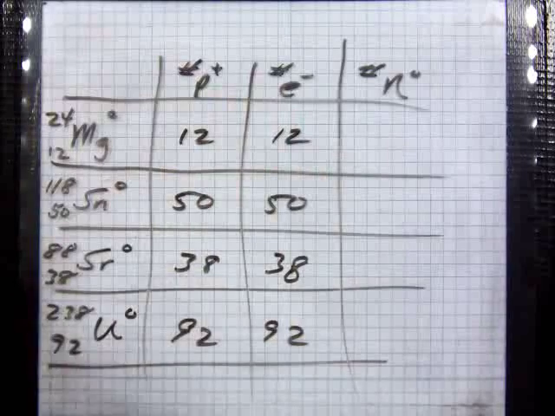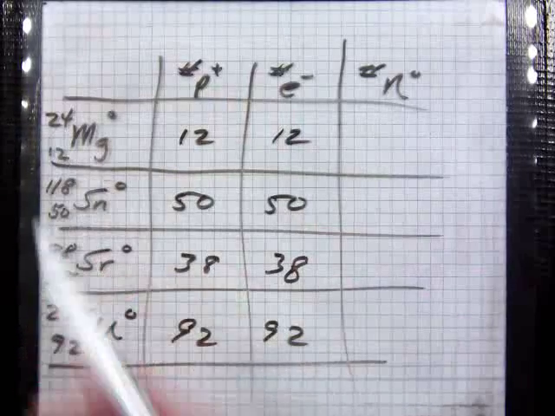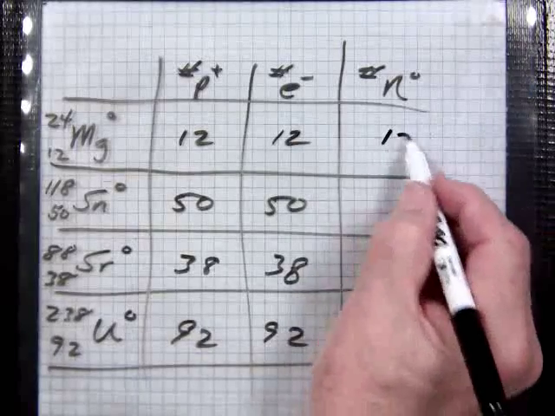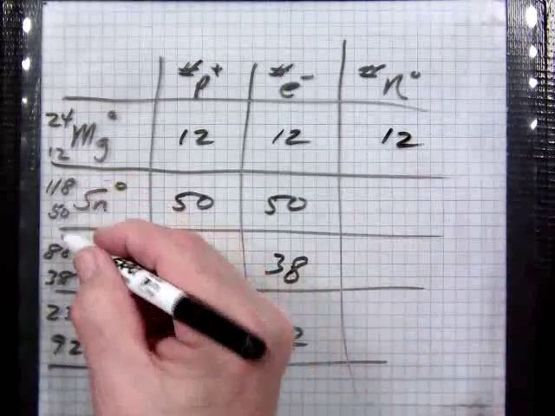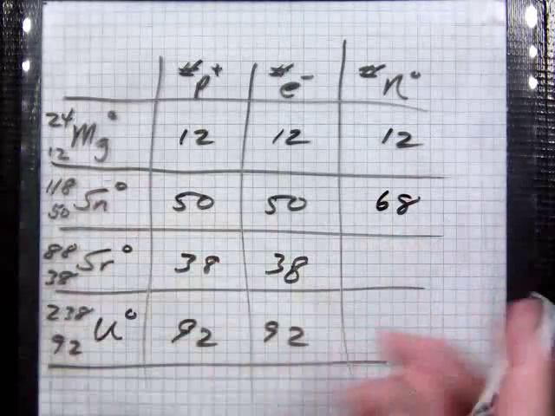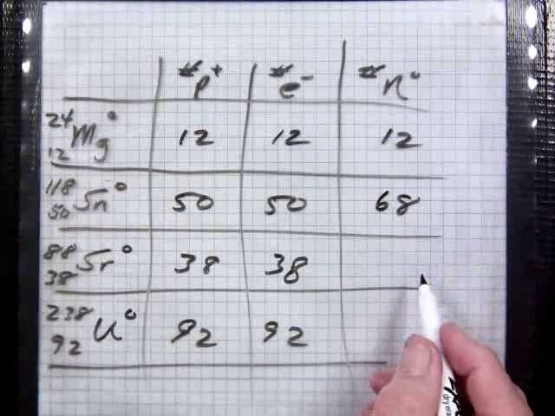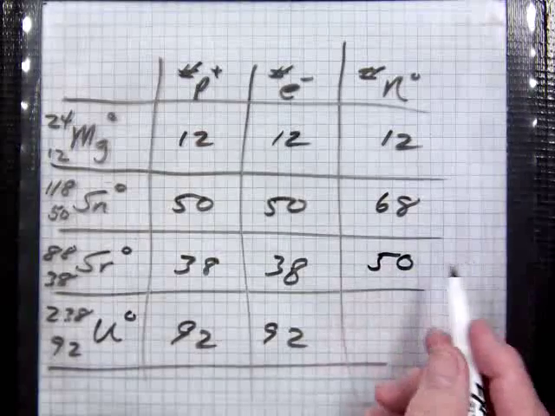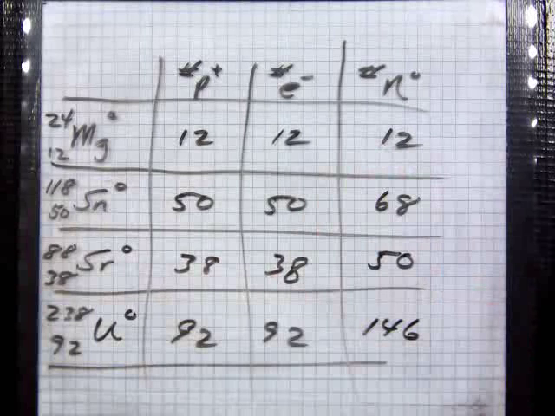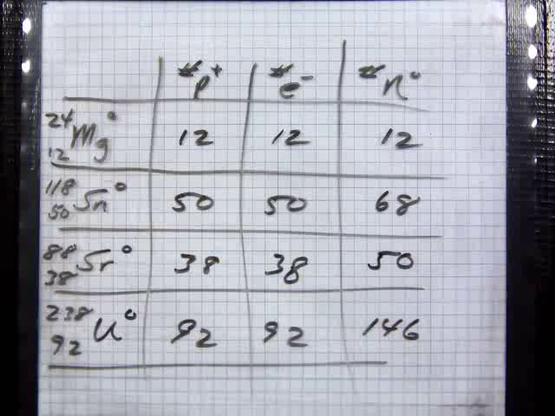Now, the number of neutrons is big number minus little number. And so that makes this very easy. 118 minus 50, 68. 88 minus 38, 50. That's easy enough. And then 146. So as you get larger in the structure, the number of neutrons increases drastically because of the